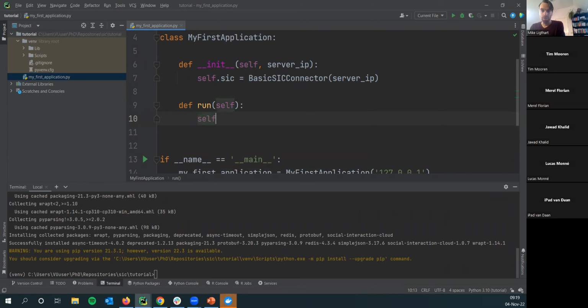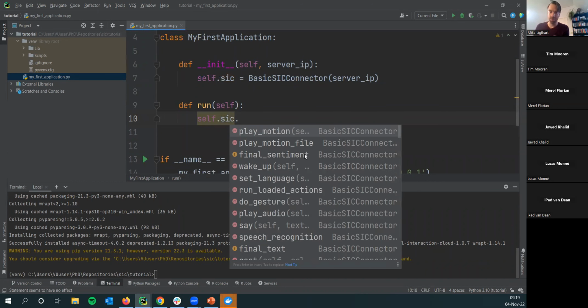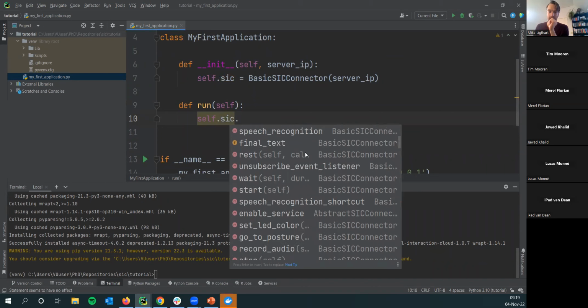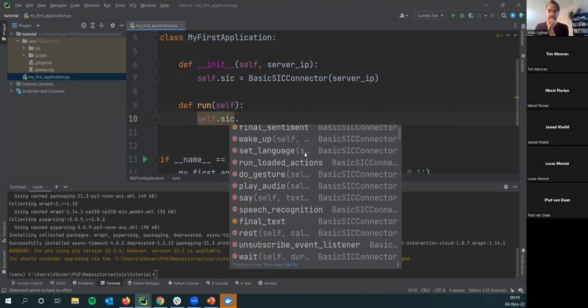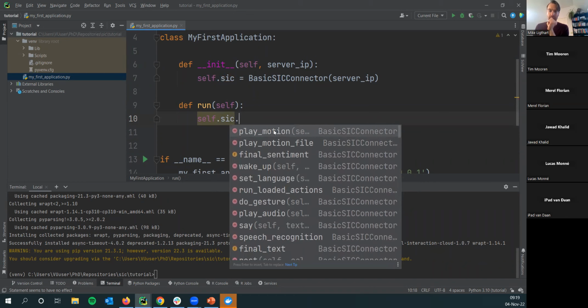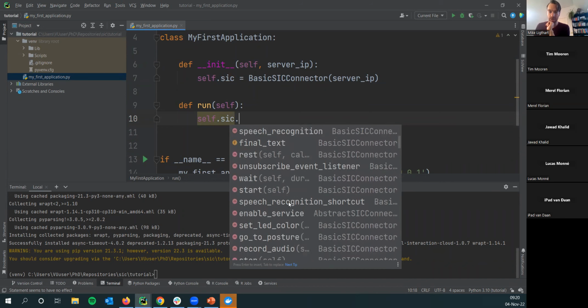If we go to the SIG connectors and dot, you get to see a lot of different actions you can start. For example, play motion is an action to make the robot do a certain motion, play audio tells the robot to play some audio, say makes the robot say something. There are also other aspects that don't